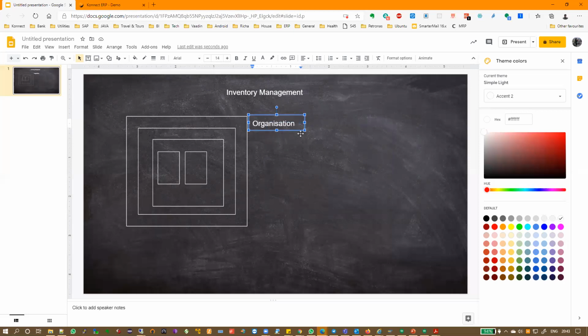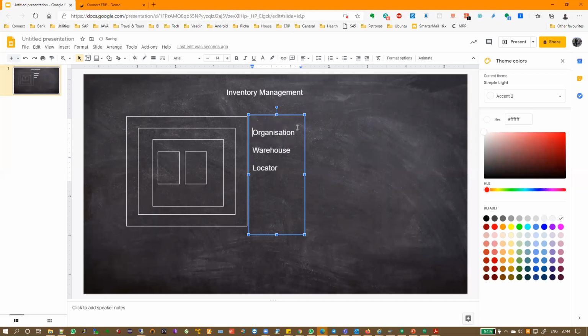The second level, which is the inner box, is what we call a warehouse. Within a warehouse, you can have a locator.